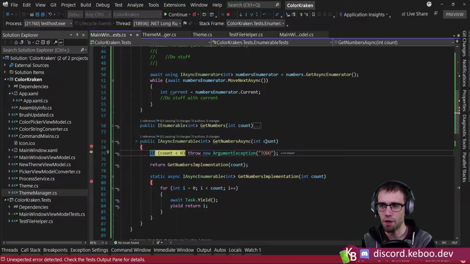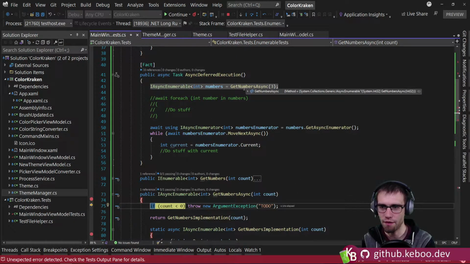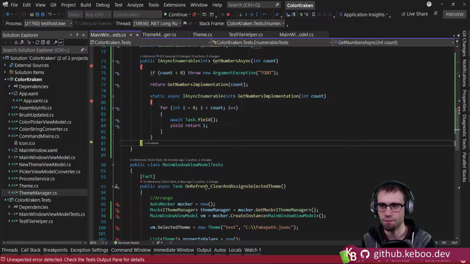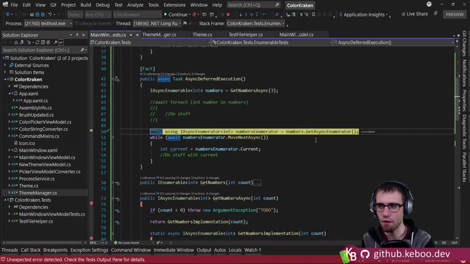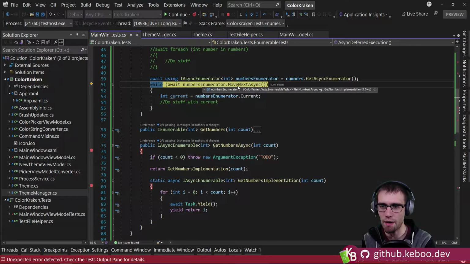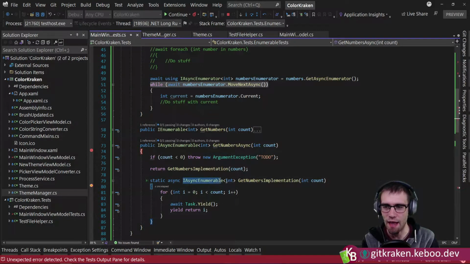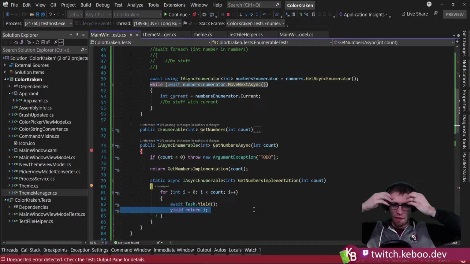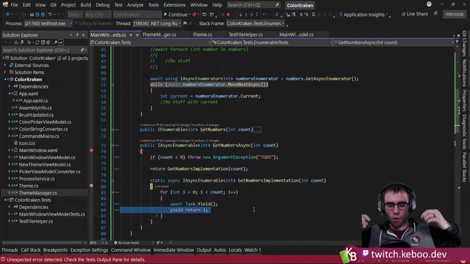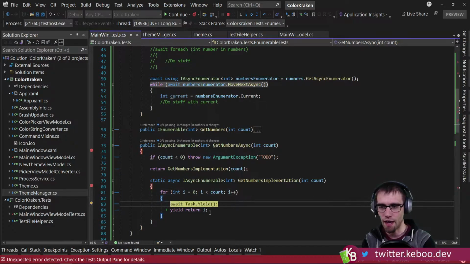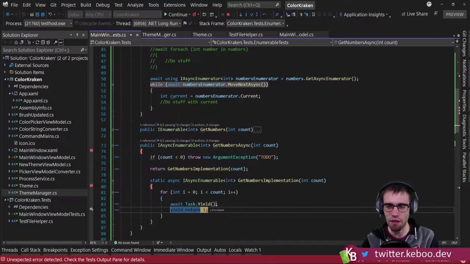Okay, so once again, our precondition check happens immediately on this initial line. We return back out, and then down here we get the enumerator, and as soon as we call await move next, now we start going through our iteration. Just like the enumerable did, the big difference though is now with an async enumerable, we can use await and yield return at the same time. So what this ends up doing is allowing not multi-threaded, but different threads to go and get each of these items. So this guy awaits, and you'll note it doesn't actually kick back an item right away. This thing just returns one item,